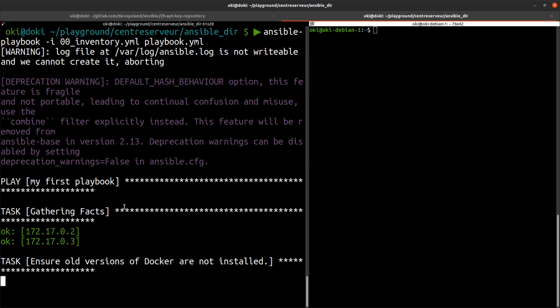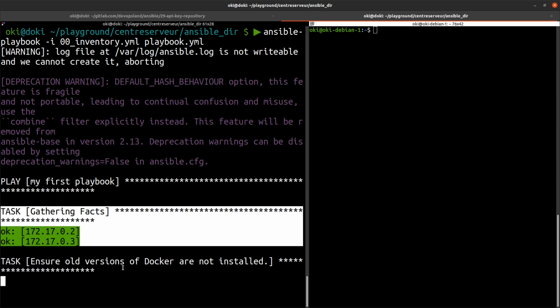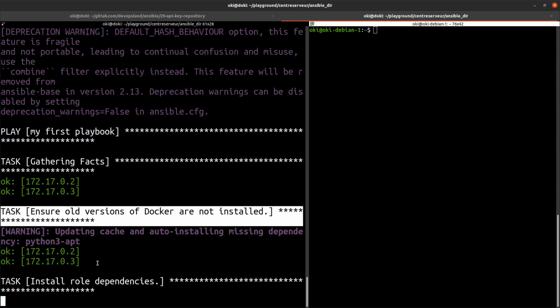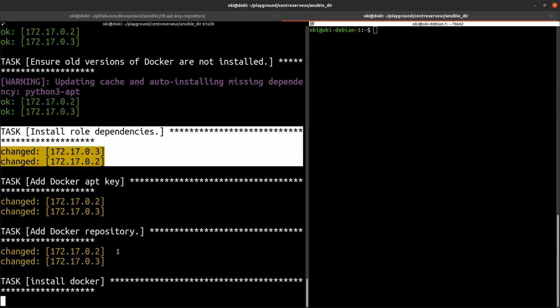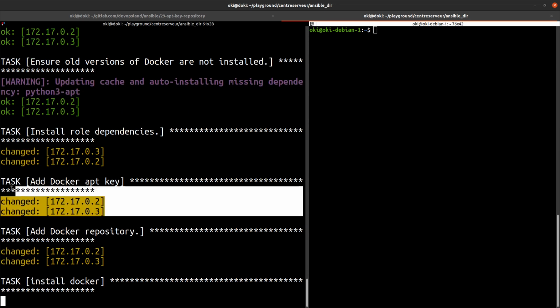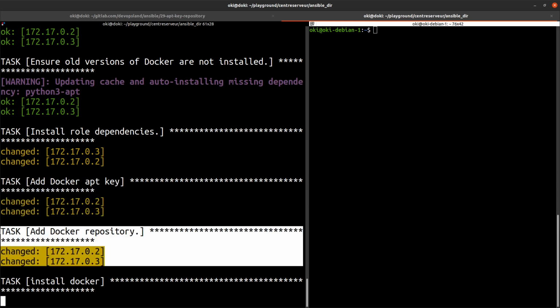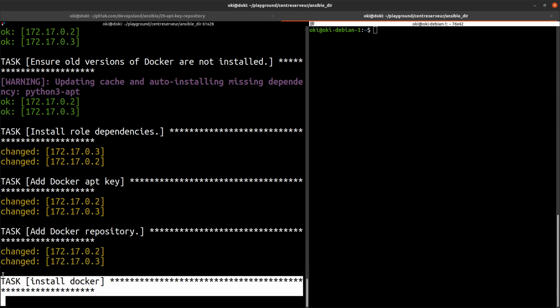We have the gather facts task, and after that Ansible ensures we don't have an old version of the Docker packages. Then it installs dependencies, adds the apt key, adds the repository, and does an update cache. After it, Ansible runs another task to install Docker.